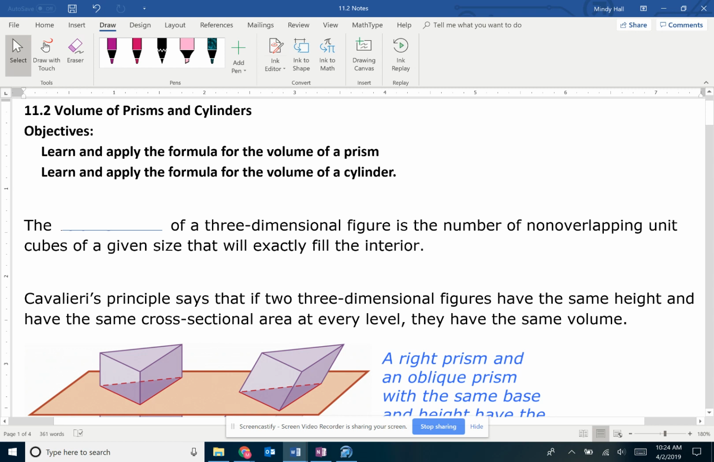We're going to cover the volume of prisms and cylinders today. So the goal is that you will be able to apply these formulas in order to help you find the volume of prisms or cylinders. So the volume